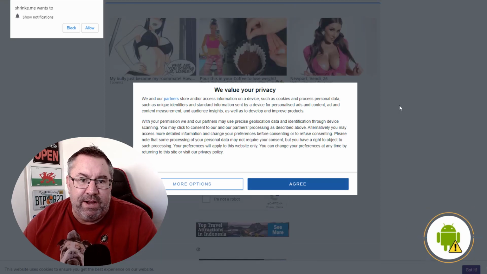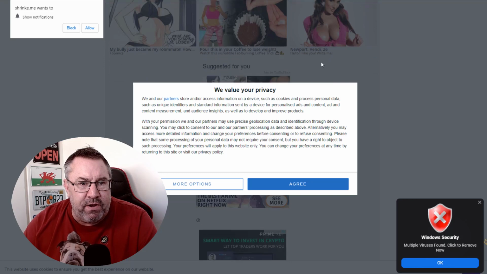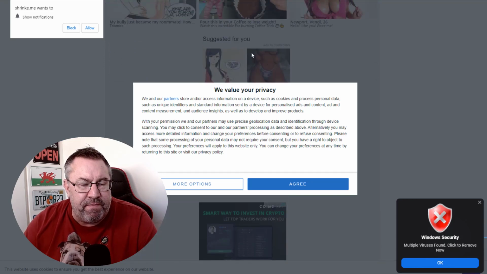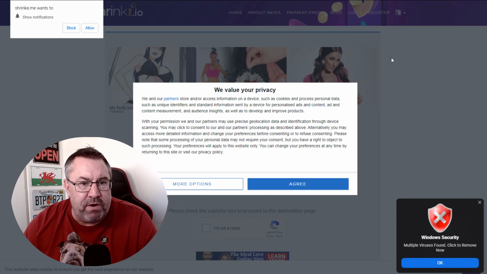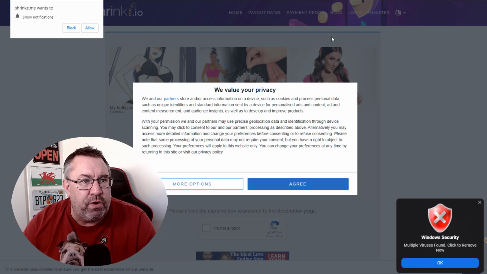right? So horrendous. And if you look under here, there's a load of pretty naughty adverts as well. So obviously there's a lot of people advertising on here from XXX type websites. Not great for your audience in a lot of cases. So this is really going to give you a lot of spam, guys. And the idea is if you have a business that you really want to build online and you want to brand yourself and get a bit of credibility, you really want to avoid these types of services, because you don't know what they're going to show to your audience before you get them over to the destination that you wanted them to get to.